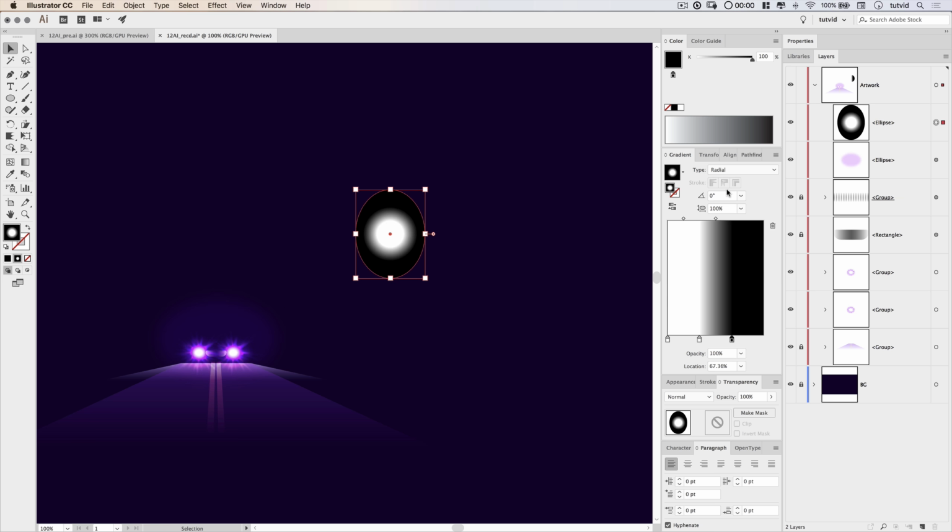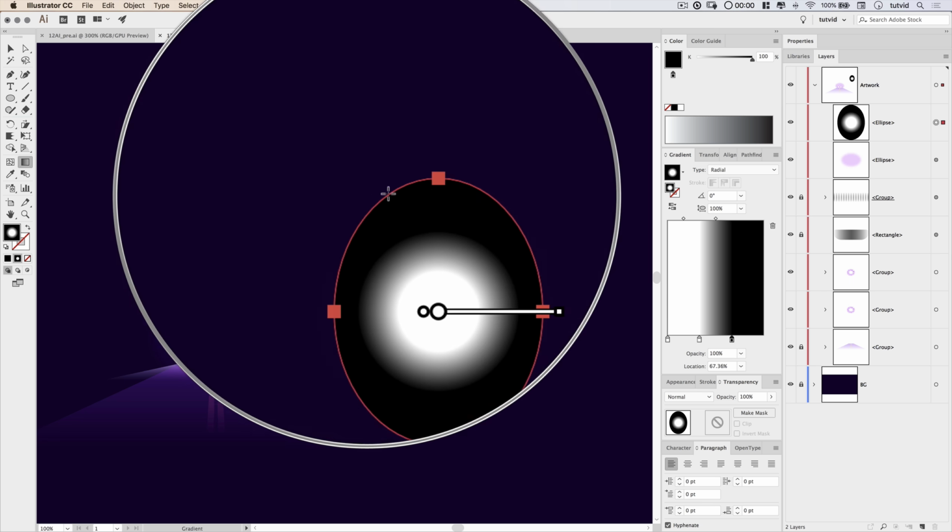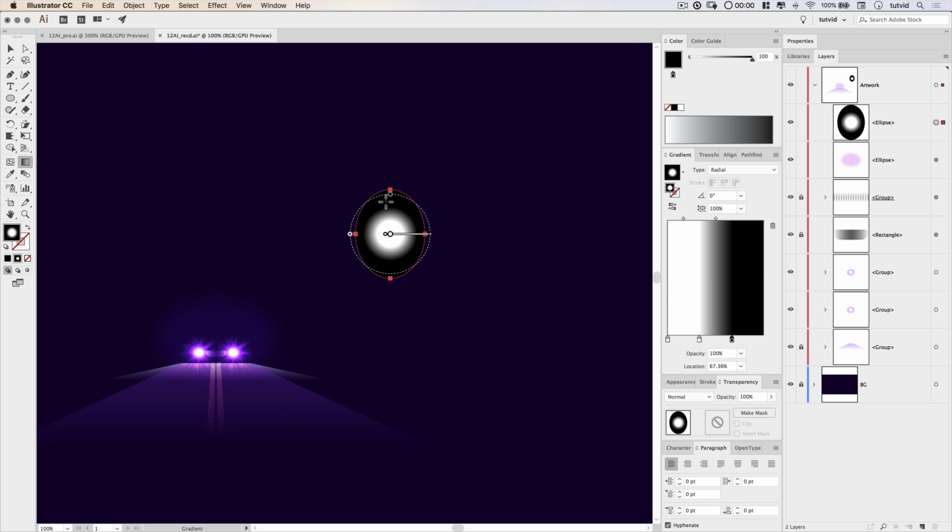Now next, this is an important step. We want to set this to a radial gradient. And then I want to actually use the gradient tool because it's going to allow me to kind of cut the gradient off against the top of the shape. So I'm going to click right about here, and I'm going to drag out the gradient, something like that. It's a little bit too much maybe. Maybe something more like that would work for us. Maybe I should pull it over this way a little more. Something sort of like that might work. Maybe I'll pull a little beyond there. Yeah, I think something like that could be neat for the reflection, the reflection for the headlight.